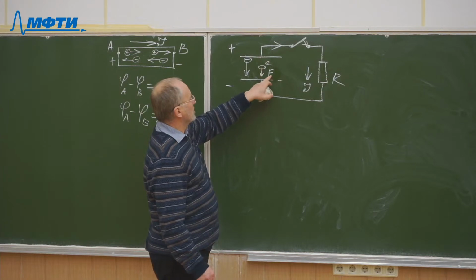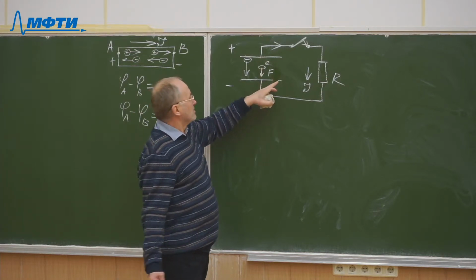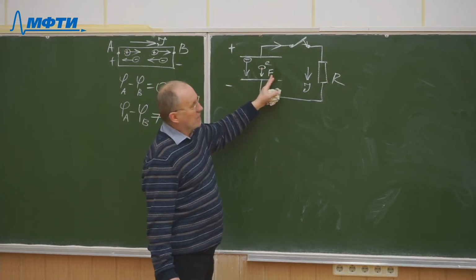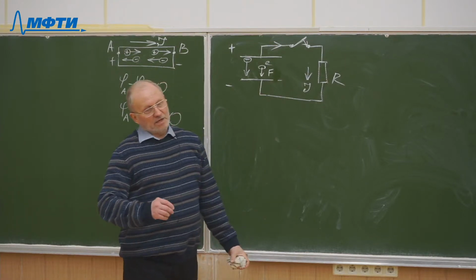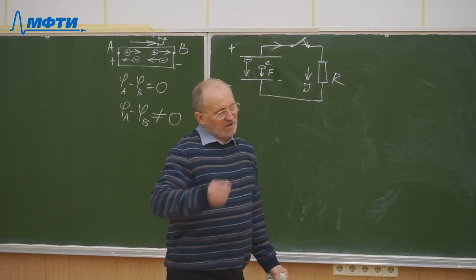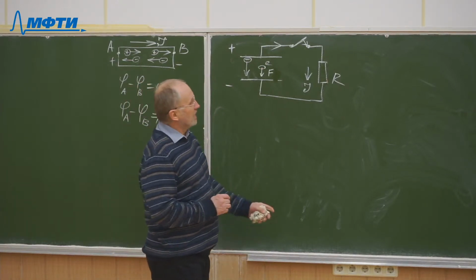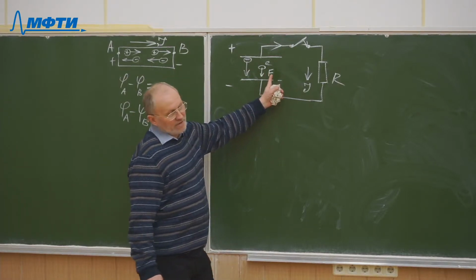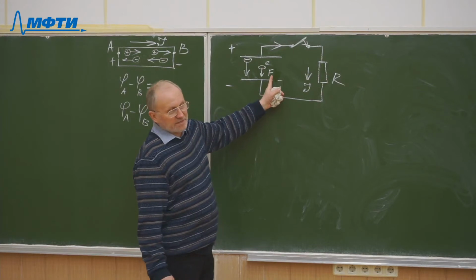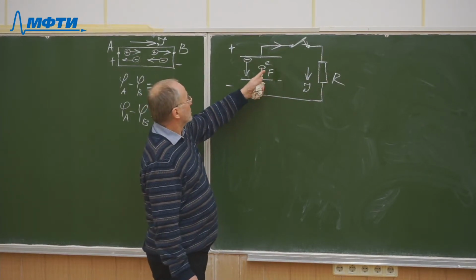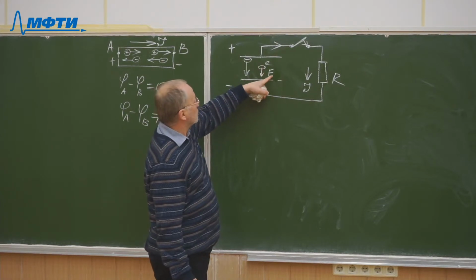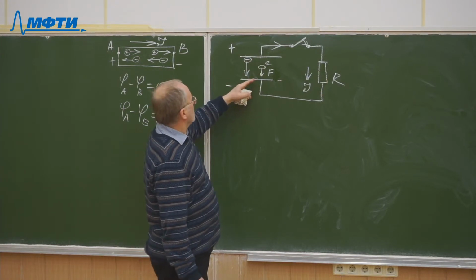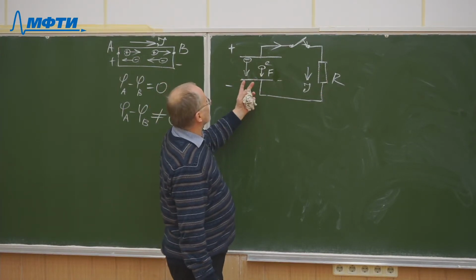This external force may be arranged either as a result of a chemical reaction or as a result of the action of the Lorentz force, as in electric generators, where a rotor with many wires wound on it is rotating in a magnetic field, and so the wire goes through the magnetic field lines, and there is the Lorentz force acting on each charge carrier. And so this is the external force that acts on each charge carrier and moves it in the direction opposite to